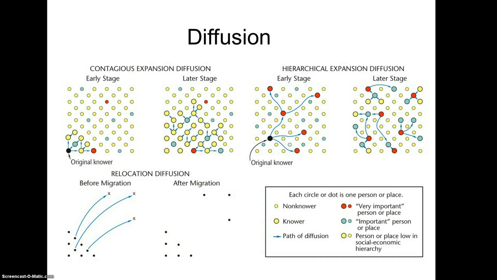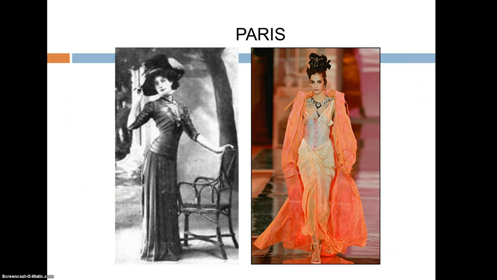And then the third type of diffusion is relocation diffusion, and this does not typically end up in a lot of ideas moving out, but it's where the person actually moves and brings their culture with them. So these three people on the left might move from the United States to Spain and take their language and their culture with them, but the Spanish people around them are not picking up the new language. So make sure you understand